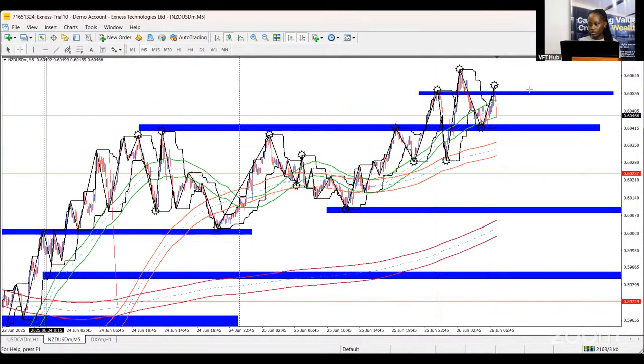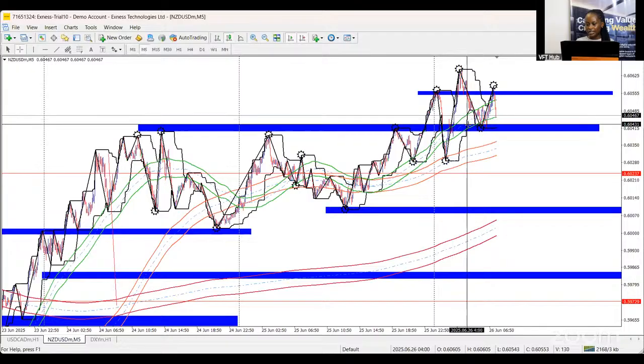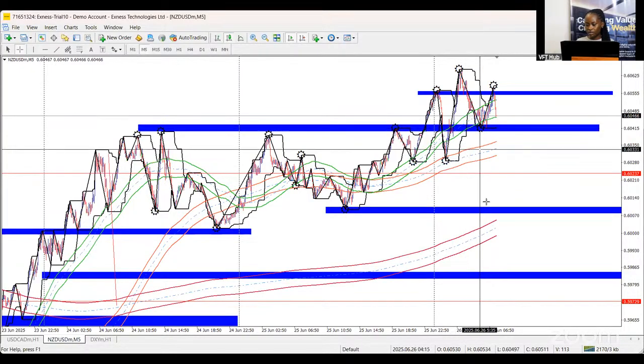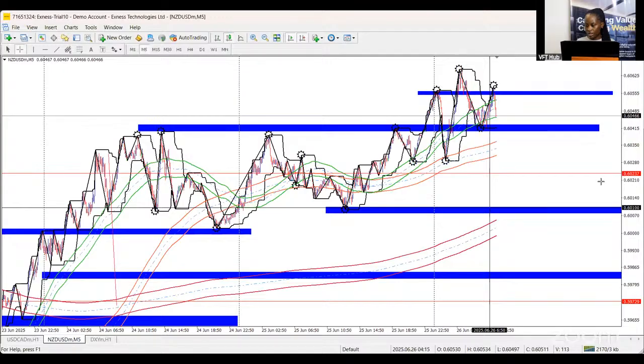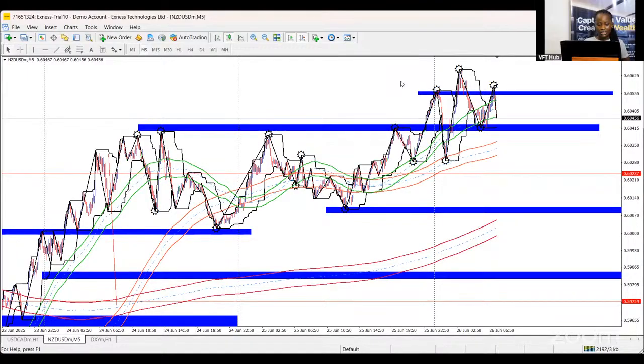What are they? The first one is 0.60553. The second is 0.60427. The third one is 0.60095. Finally, 0.59843. These are the 4 levels we're looking out for that could serve as either previous resistance turned current support, which is obviously for a buy, or previous support still maintaining its support level and sending price up. So this is what we're watching out for. Price is already approaching our previous resistance that could act as future support. If we see confirmations that give us insights that this one will be holding, we know what we're going to be doing.